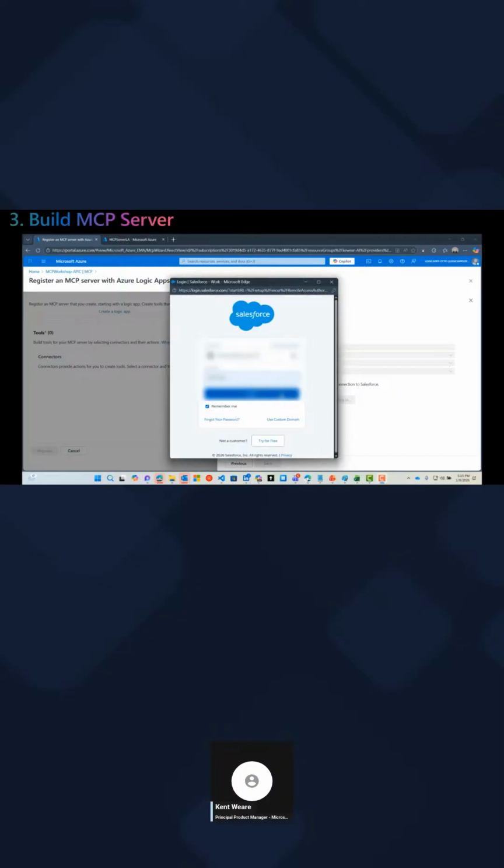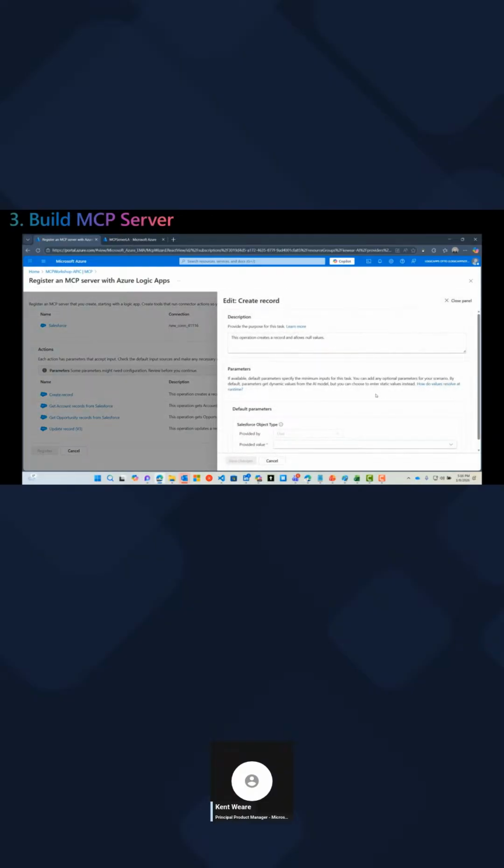So I'm going to sign in with my Salesforce credentials here, and then we will have a connection created inside of our logic app. Okay, so this is where I'm logging into Salesforce, and after that, we will have a connection established for us. Okay, our connection is ready.